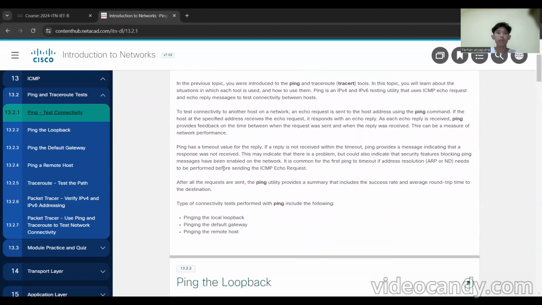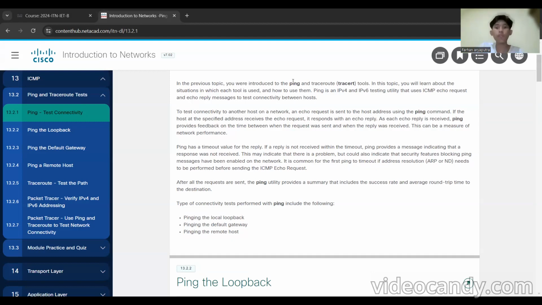Ping has a timeout value for the reply. If a reply is not received within the timeout, ping provides a message indicating that a response was not received. This might indicate that there is a problem, but could also indicate that security features blocking ping messages have been enabled on the network.